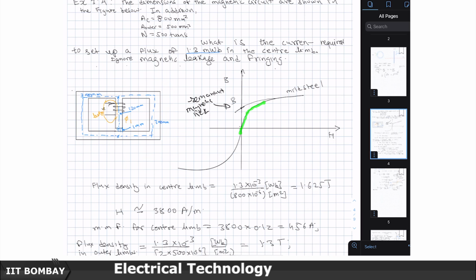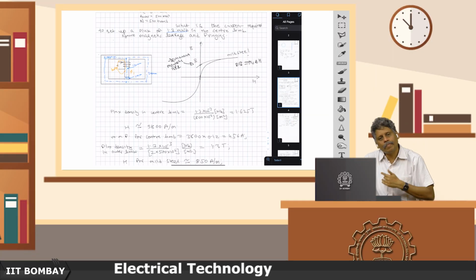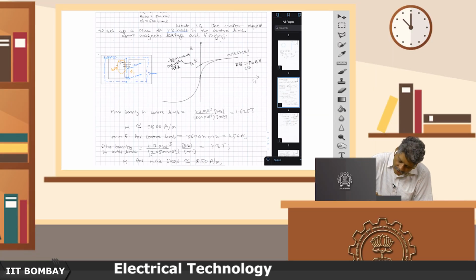as less and less dipoles are available, initially they get a partial alignment. As you keep increasing H, you get more and more finer alignment, and then comes a time when there is no random stuff left and everything is finally aligned. And when that happens, we say that now the magnetic material has saturated, and once you reach the saturation area, then if you try to increase the current or the magnetic field H, the B will only increase with a slope of mu 0,